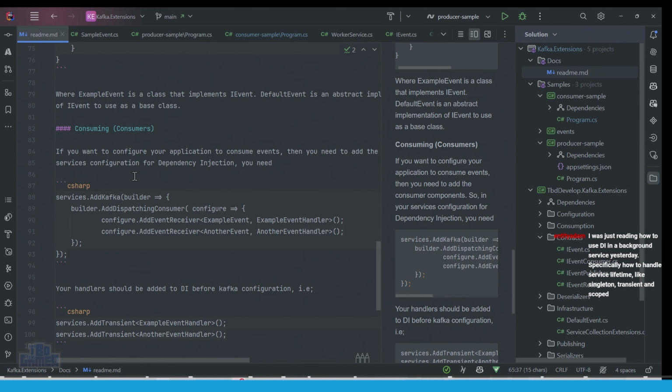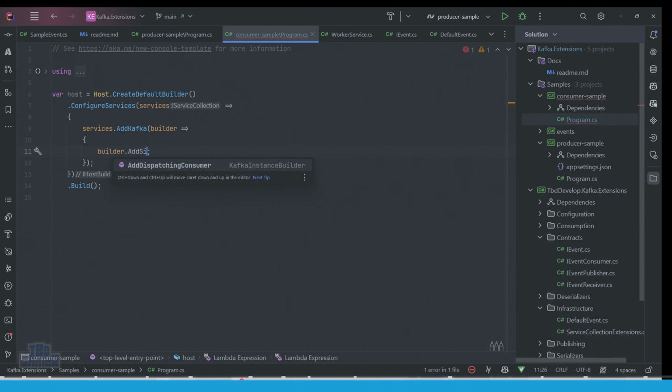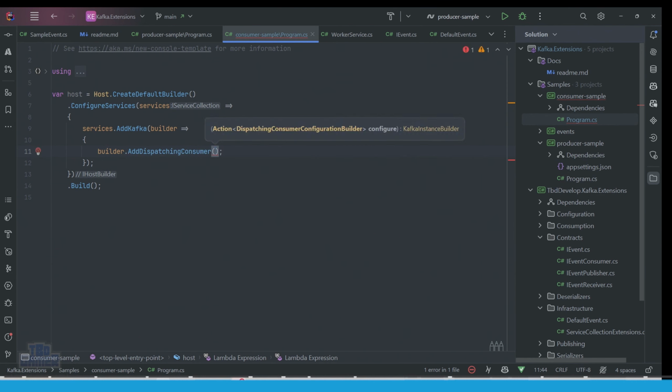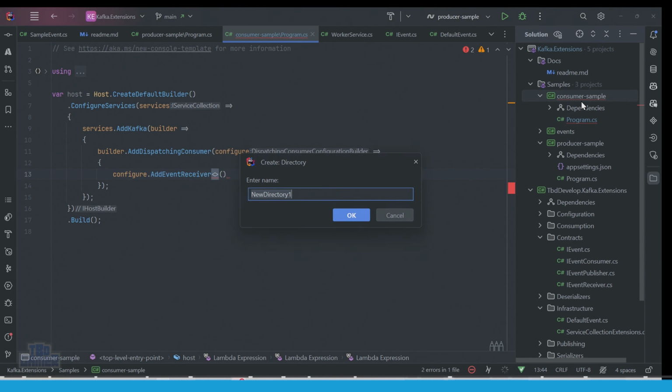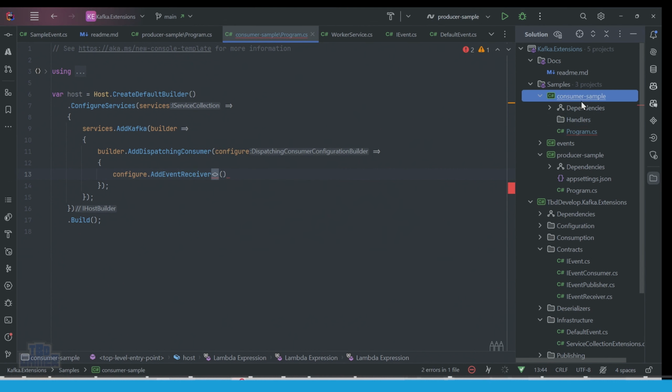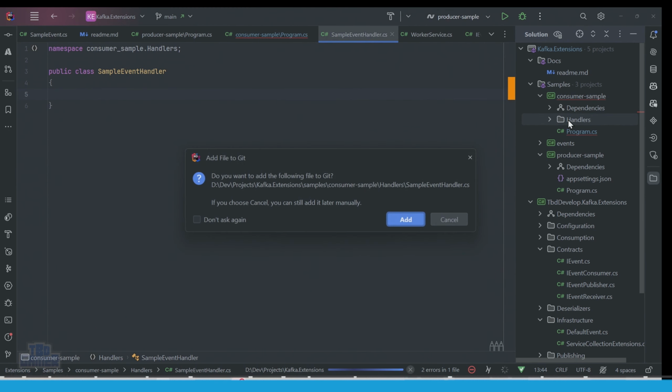So the dispatching consumer, the consumer is a little bit different, right? A little bit. Okay, so let's add this consumer. It's called the dispatching consumer because it takes the events and then dispatches them to the correct handler. I'm just going to create a handlers folder just to keep this nice and neat. And what this does is, if I create, let's say, a sample event handler class,